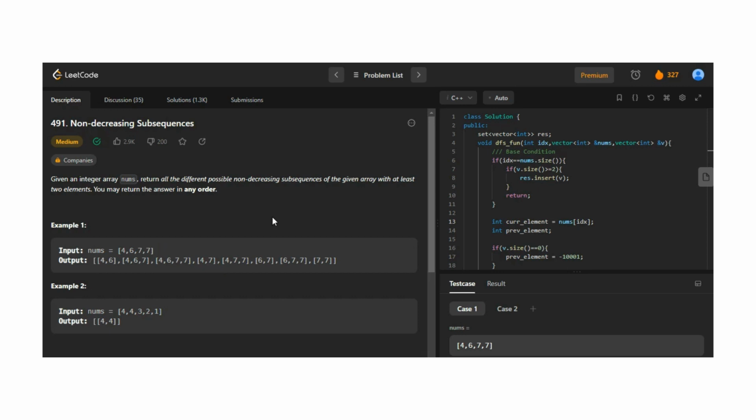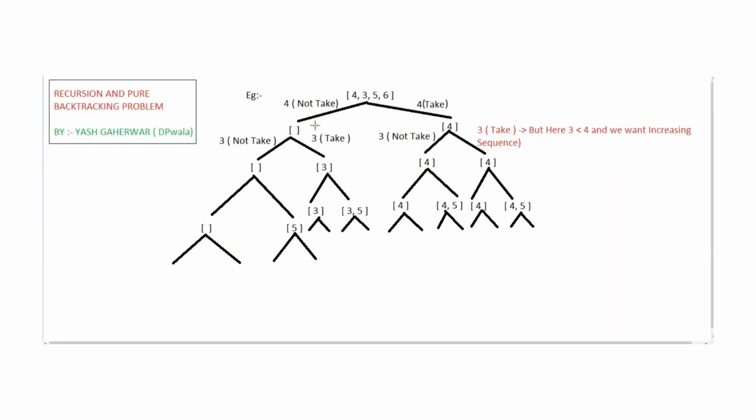So now let's discuss this problem with the help of another example where all the test cases can be handled and you can clearly know how to apply recursion, what the base case is, and how to generate a tree-like structure. I will take one example and generate a tree-like structure for it, and after that we will see the code for it. The array that I have taken is 4 3 5 7.